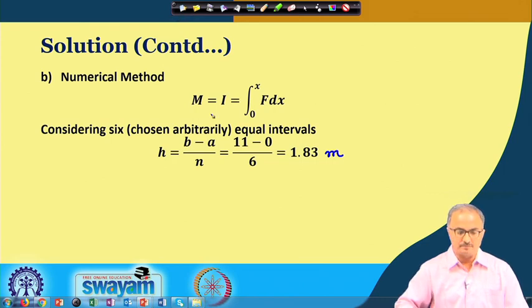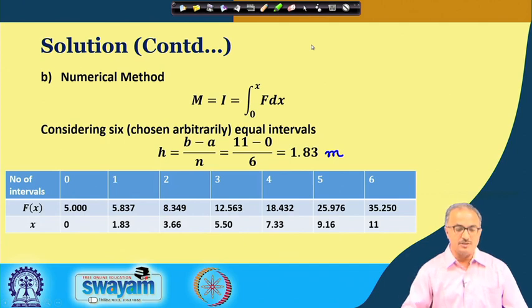Next we come to this particular table. In this table, what we are showing is how we evaluate the value of x at all these points. Now you see that x will be 0, and at 0 we are finding the value of the function as given. Then we are getting the value of x as 1.3. So this is the function value. Then we have the value of x as 1.83 plus 1.83.